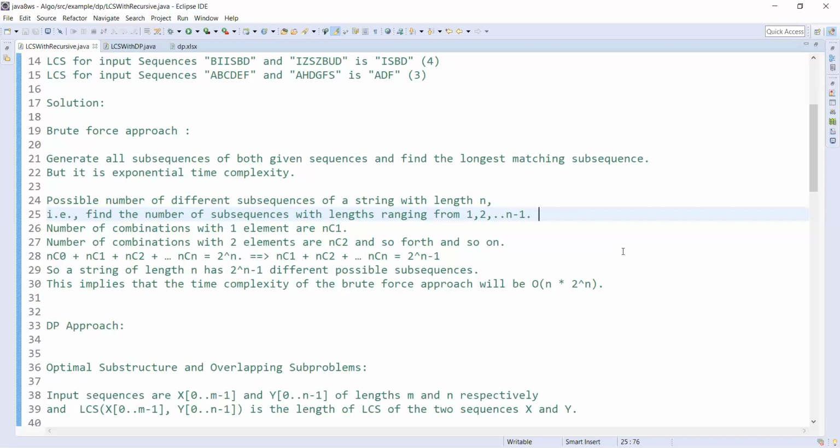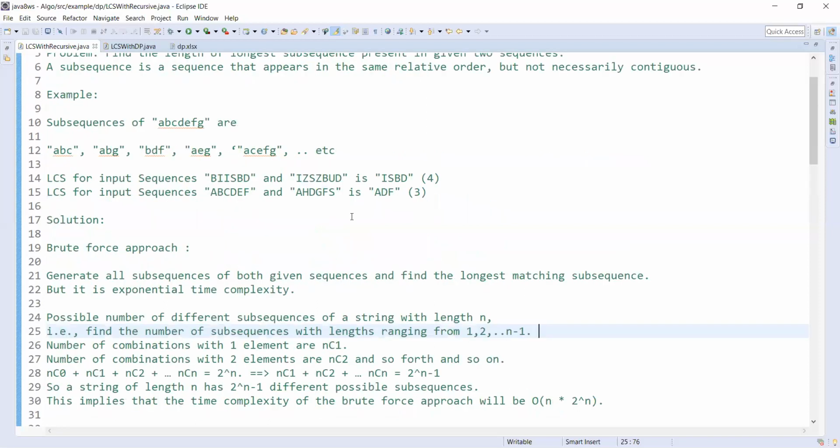So if you have optimal substructure and overlapping subproblems, then we can approach dynamic programming. So the idea is, for example, you have already calculated the length of the longest common subsequence up to this string. What I'm trying to say is, we need to assume something and then derive something.